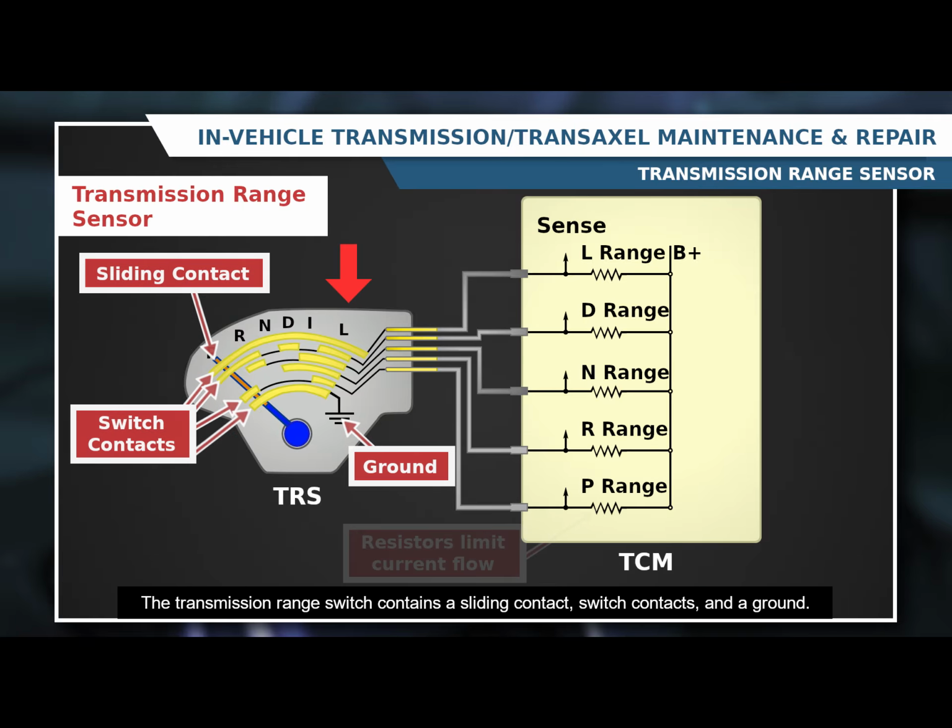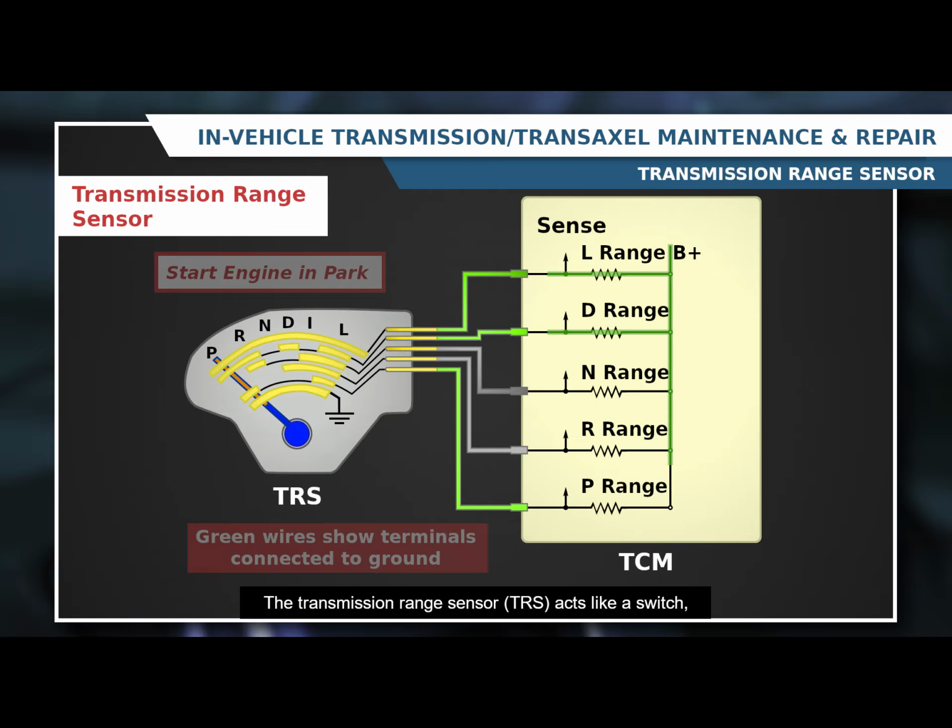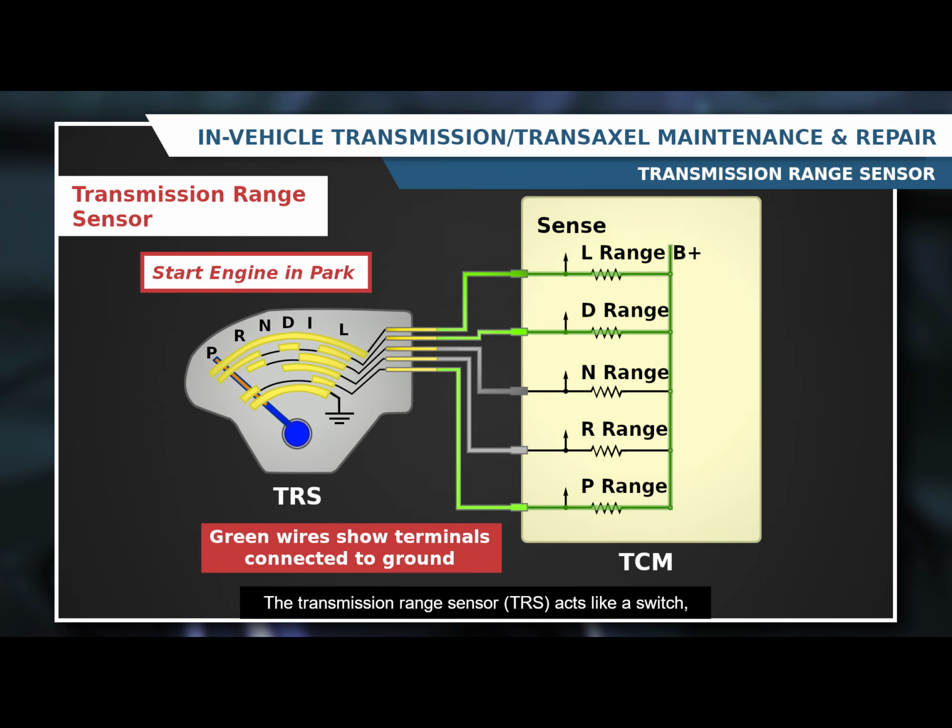The transmission range switch contains a sliding contact, switch contacts, and a ground. The transmission range sensor, TRS, acts like a switch, connecting or disconnecting specific circuits to ground depending on the selected gear. When in park position, 3 circuits are shunted to ground, as shown: L range, D range, and P range